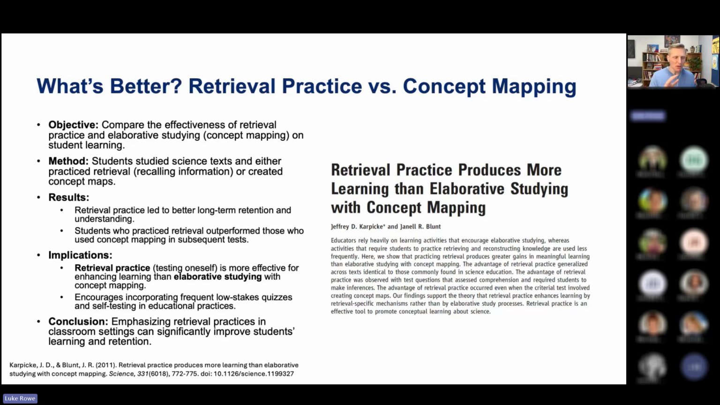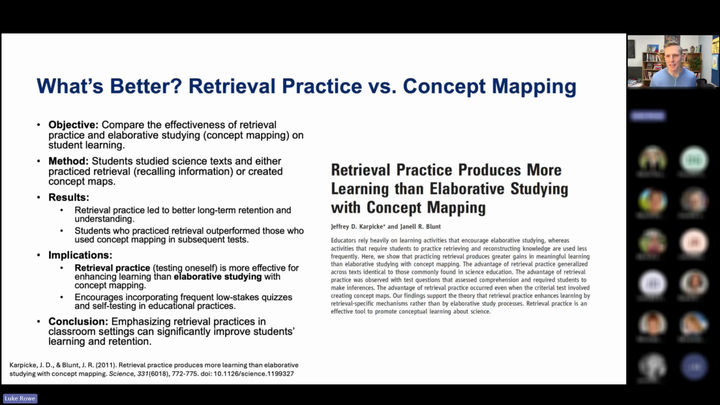So when we talk about retrieval practice, often it's compared to rereading. And some people might say, well, look, most people know that's not an active learning technique. So most teachers, most students would point away from that, right? So that's not a realistic benchmark. It's a low cherry-picked benchmark to make retrieval practice look good. But even when you compare it to other forms of learning and elaborative studying with concept mapping, it's still superior